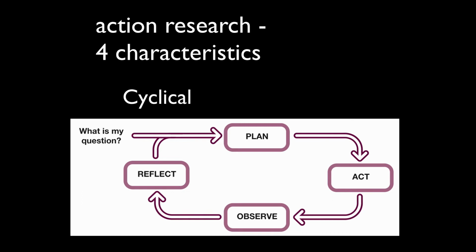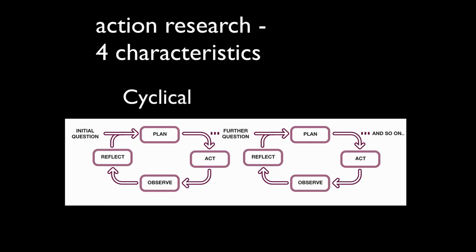You then act on that plan. You make something in response to that. You then observe what it is that you have made, the action you've done. You then reflect on that and consider it, which is a little bit deeper than just the observation. You reflect on it to question it and see what was going on, what worked, what didn't work, so that you can then plan again and move on. And the idea being that it potentially could be an ongoing cyclical thing. So you've been around it once, plan, act, observe, reflect. You then move on to a further question, which then means you plan, act, observe, reflect.